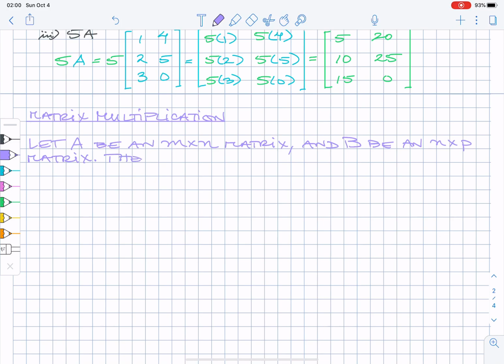Then the matrix product AB results in an M by P matrix